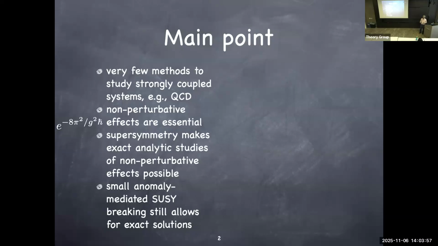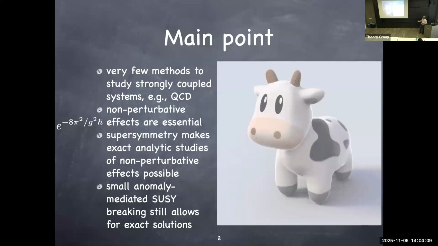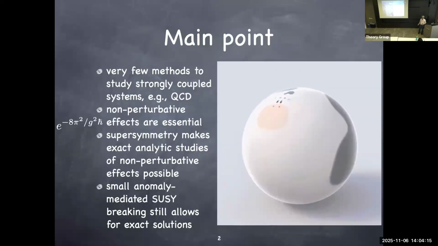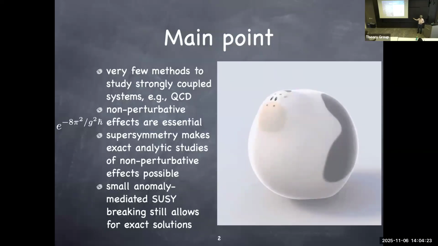But it turns out that if you break supersymmetry in a specific way, I will explain also how that is done, then all of a sudden the theory starts looking like the real world QCD. So it's like starting with a real cow you were trying to understand. And as we always do, physicists make it a spherical cow. And that's supersymmetric QCD. But the minute you break supersymmetry just a little bit, then it starts to show all these features, where the head is, where the tail is.